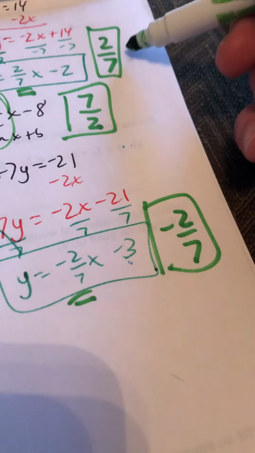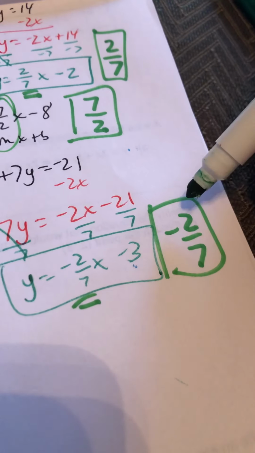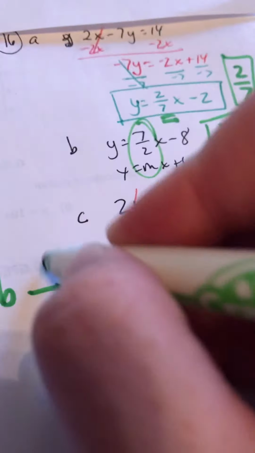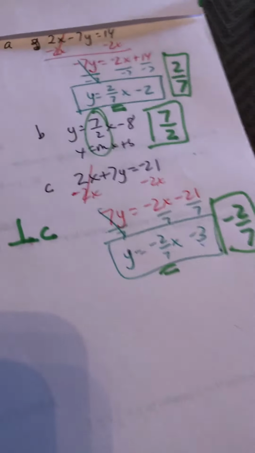So these are not parallel because they're not the exact same. But right here, these two are perpendicular. So we would say B is perpendicular to C. Okay,